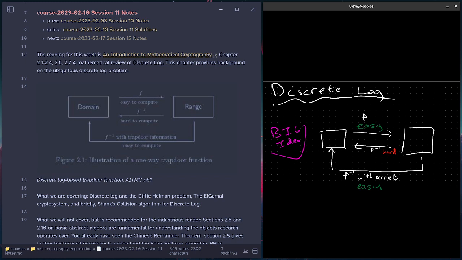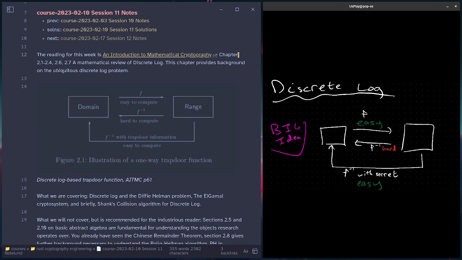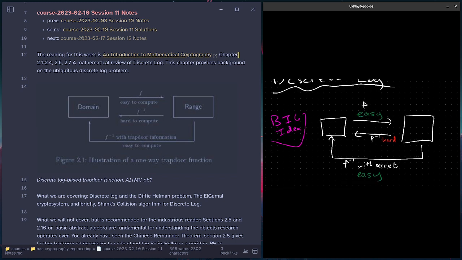And if you remember earlier back in the course, in cryptography, there's usually a collision algorithm somewhere. So we're going to talk about the collision algorithm for discrete log at the end of this lecture. So moving on here, talking about discrete log, the big idea in discrete log, as we've talked